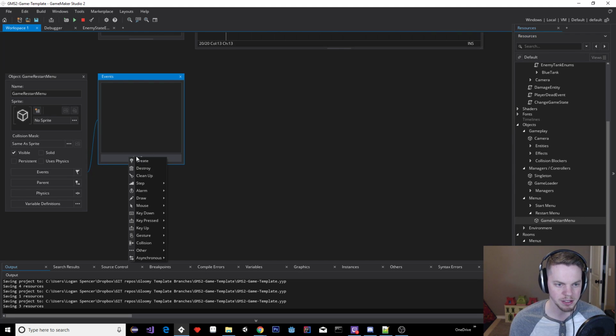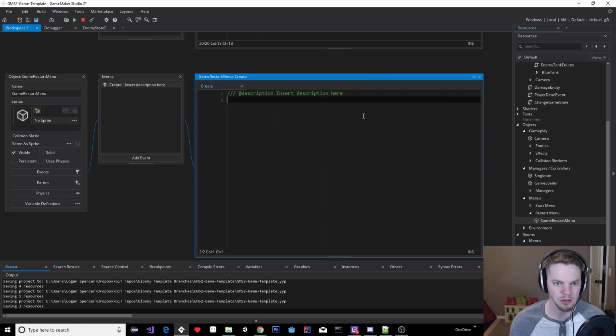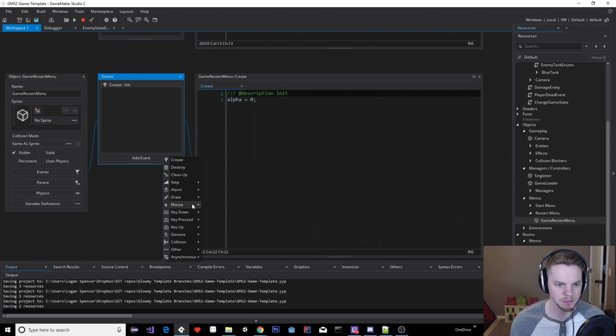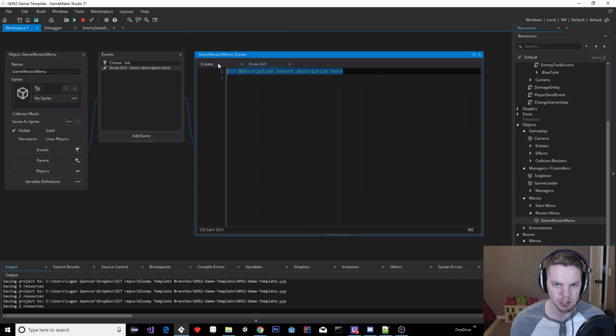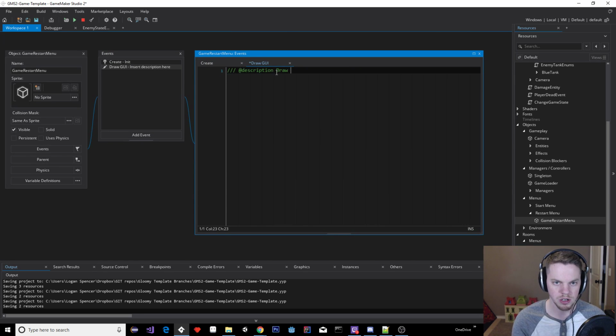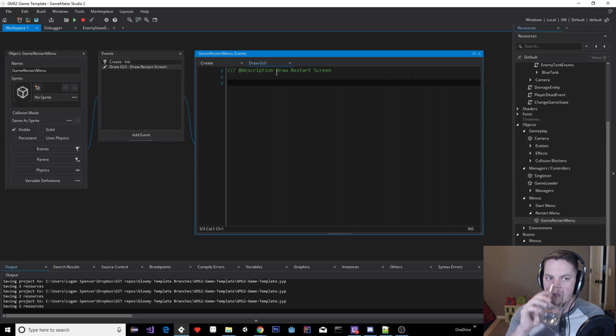And then when this appears, it's going to start out with alpha 0. And then in it, it's going to kind of fade into view. So we're going to draw GUI, draw restart screen. Then we're gonna say, okay, so first off, let's go back to our,